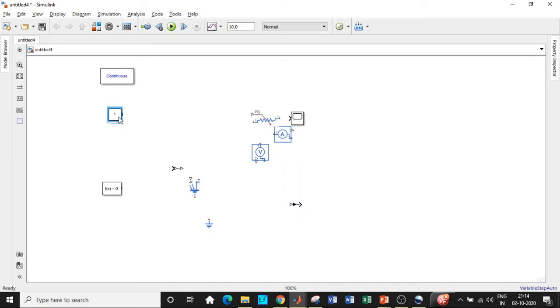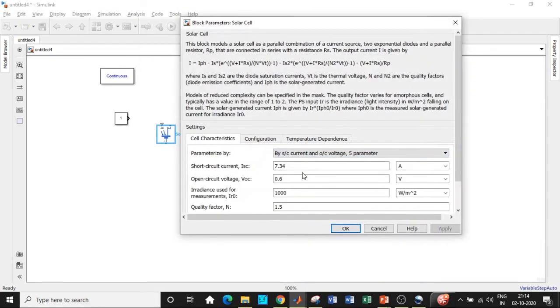So I'll be placing the constant right at the top over here, and I'll be placing the solar cell in this particular fashion. So I will be double clicking on the solar cell, and if you carefully observe, these are the ratings that are specified. I'll be changing the open circuit voltage to 3 volt, and I'll have to give an irradiance of about 1000. That is basically the radiation that is applied to the PV solar cell so that it absorbs the energy that is there from the sun. So I'll be giving 1000.